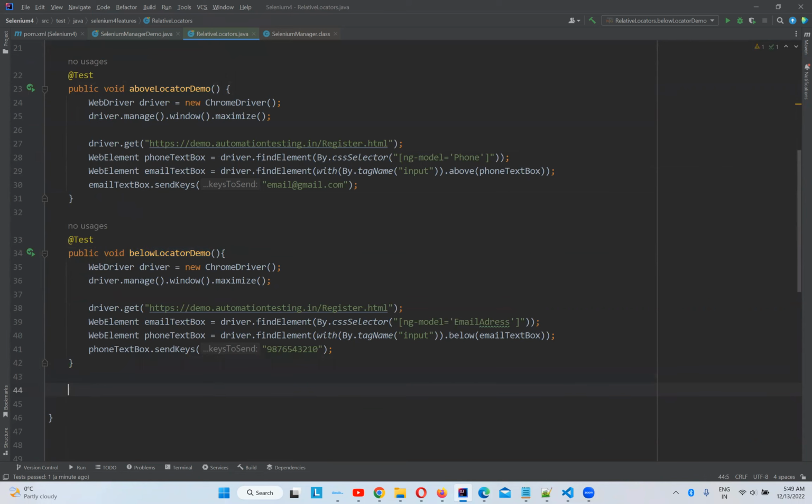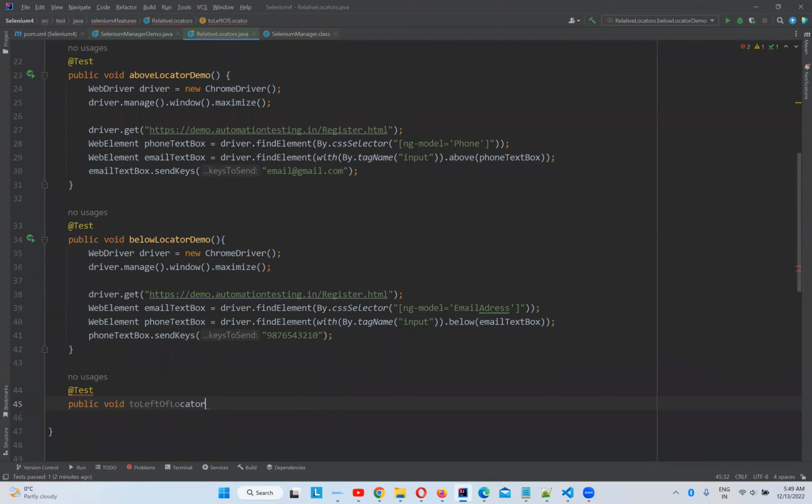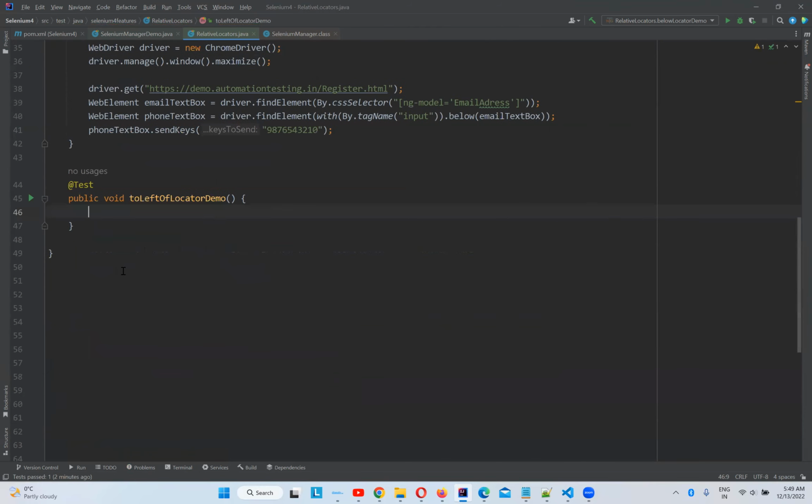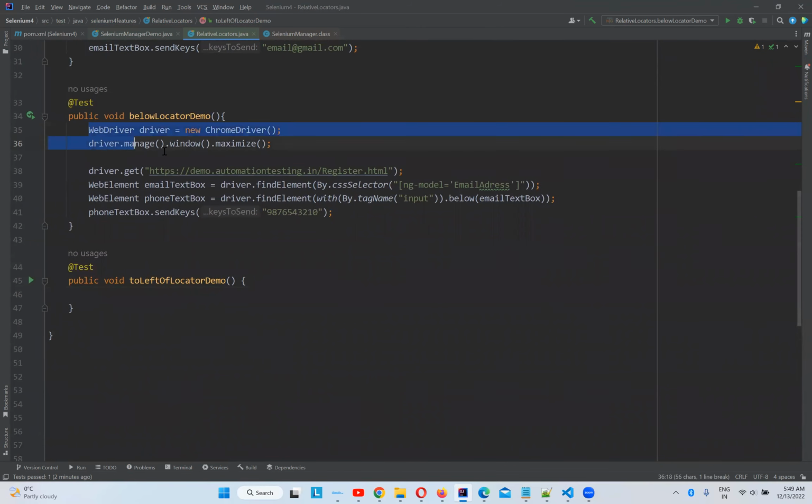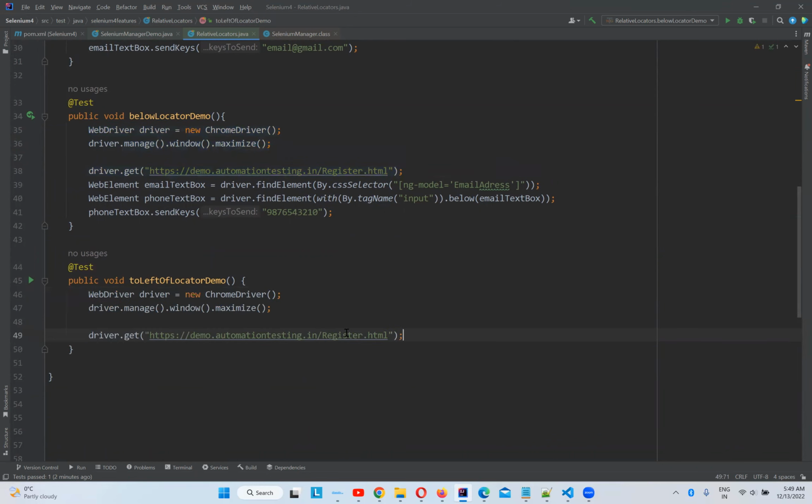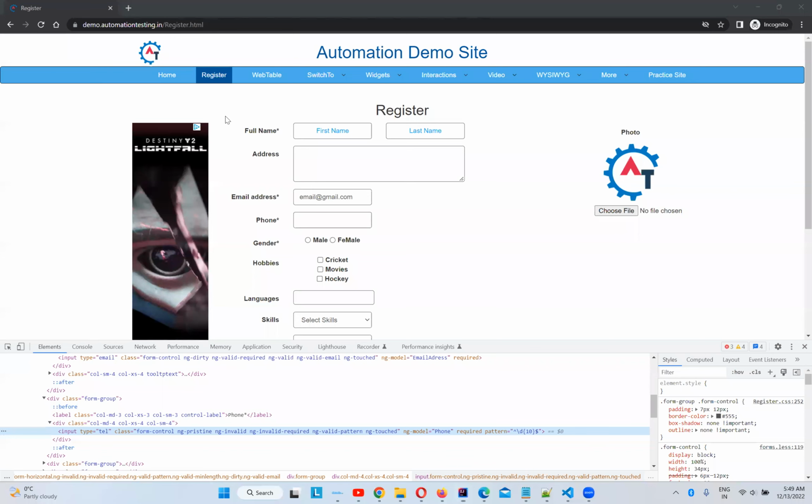So now we'll see ToLeftOf. public void toLeftOf locator demo. Here I will take the same code till here, launching the browser and navigating. I'm not navigating to register.html. I'm navigating only to demo.automationtesting.in. Now if I go to that website,